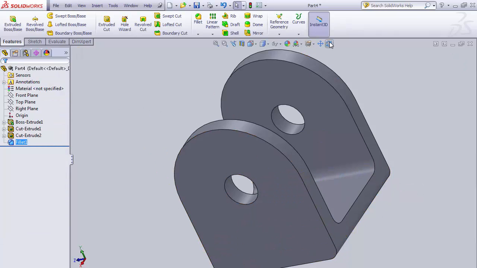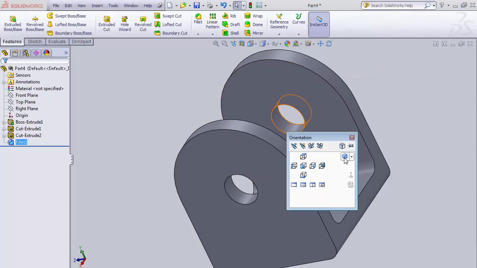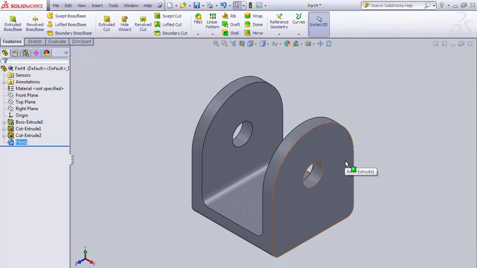Click OK. I'm going to do an isometric view, spacebar, isometric view. There you can see our part. That's our final part. Now the last thing you're going to want to do